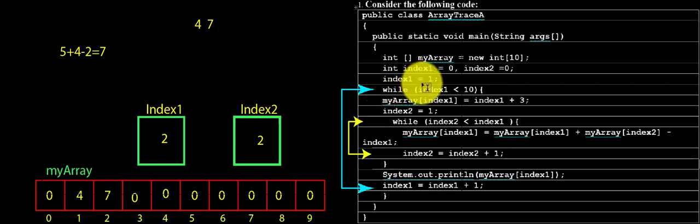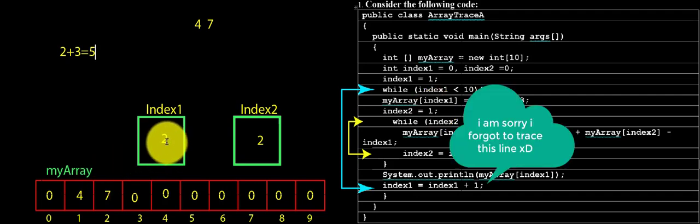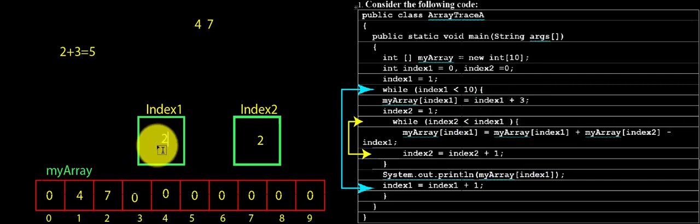Now again it will check while index 1 is less than 10. Yes, 2 is less than 10. My array of index 1 will be assigned as index 1 plus 3. Index 1 has the value of 2, so 2 plus 3 equals 5. It will assign in the position of index 1. Sorry, I forgot to increment the value of index 1, extremely sorry. So my array of index 1 will be updated with the value of index 1